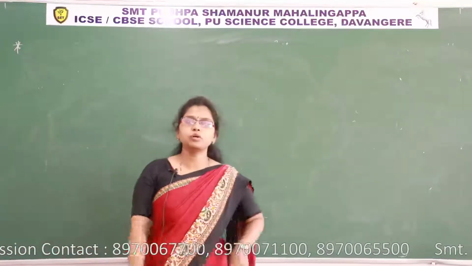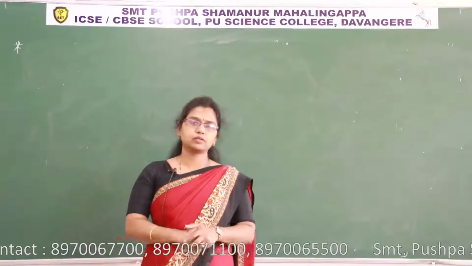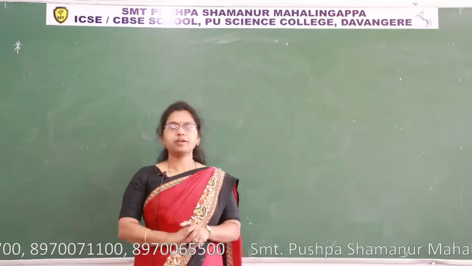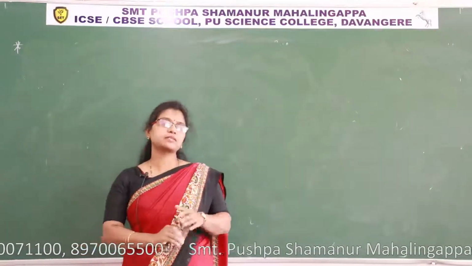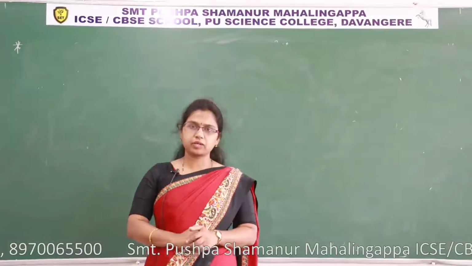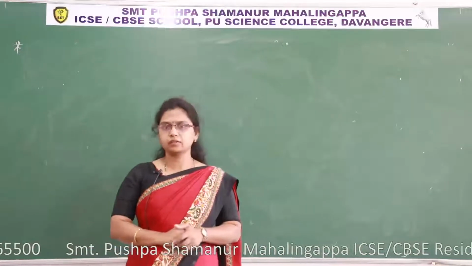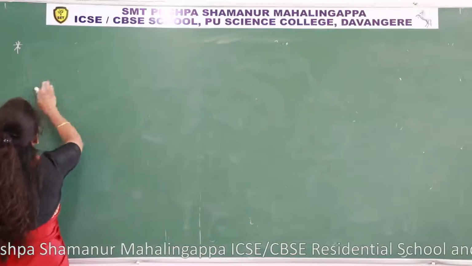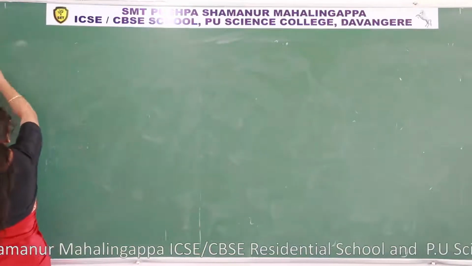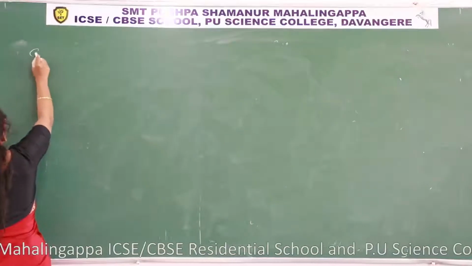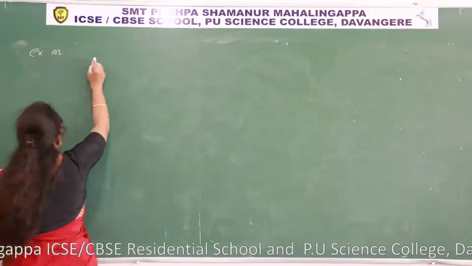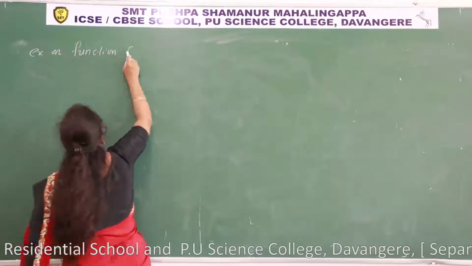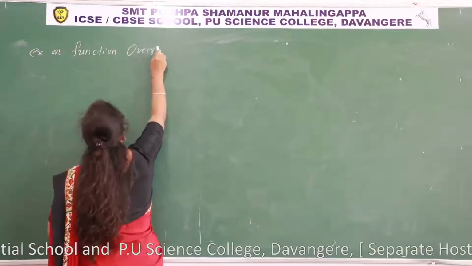Now let us learn how to invoke a function whose name is the same in the base class and derived class. If I take two functions by the same name in the base class and derived class, how do I execute them without error? Let us consider an example on function overriding. We call it function overriding.